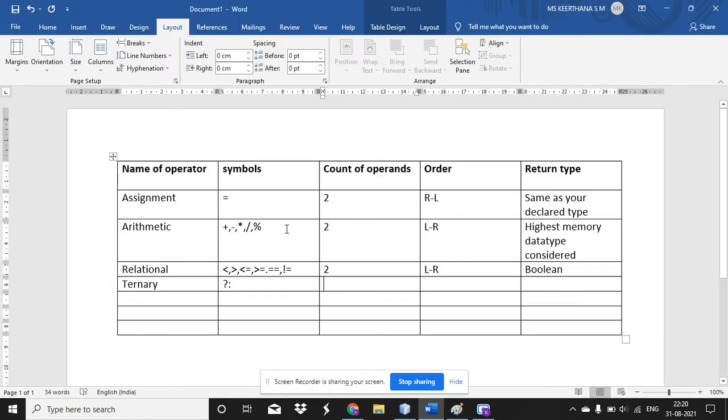And for the false value, you need the third one. So in total, you need three operands for its execution. And what is the order of execution? The order of execution is right to left. And what is the return type of it? It is based on the operands, right? Based on operands,